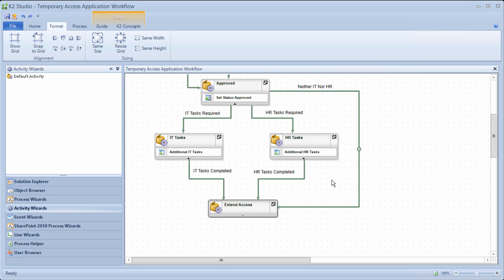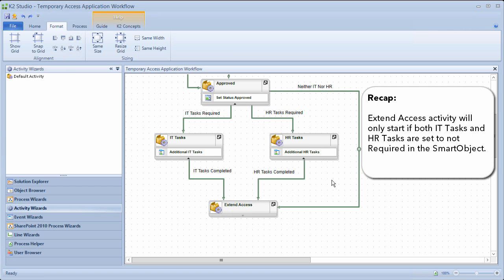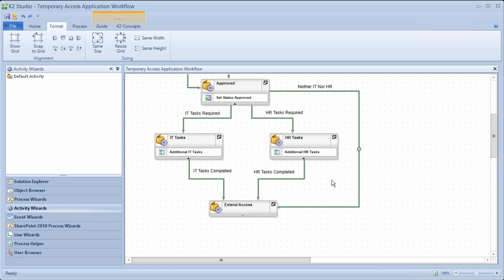Let's do a quick recap at this point. We set up the preceding rule so that the extend access activity will only start if both IT tasks and HR tasks are not required. There is one more thing we have to do to make this work. When the IT tasks are completed, we need to set the additional IT tasks to false, and also when the HR tasks are completed, we need to set that field to false. We will do this by calling the temporary access request smart object and updating these properties